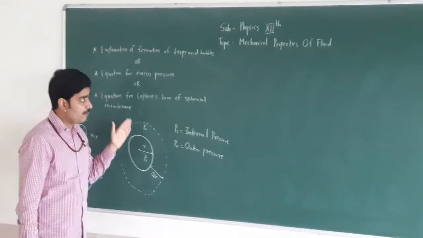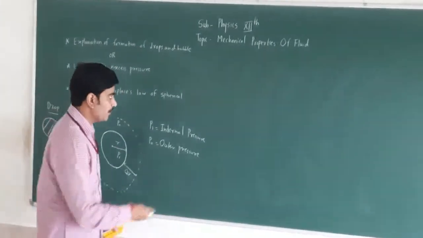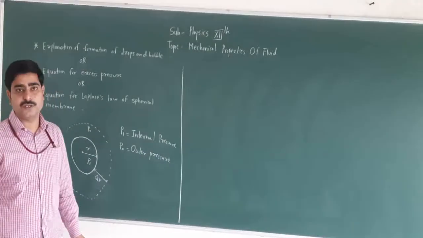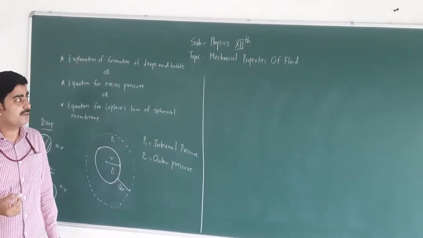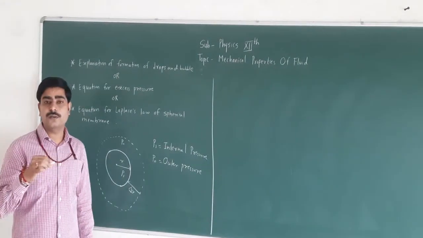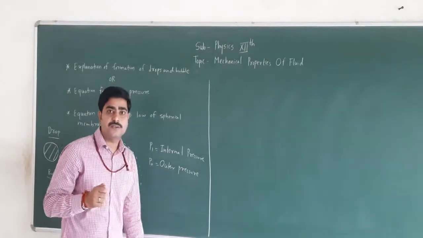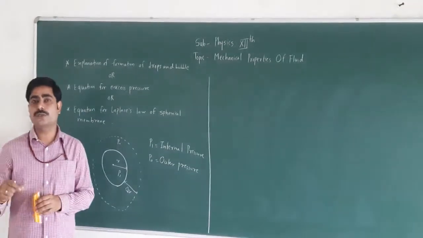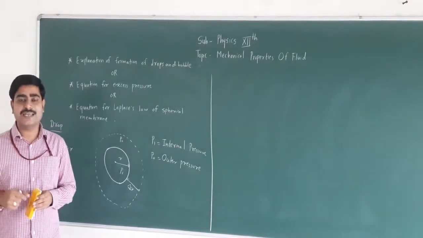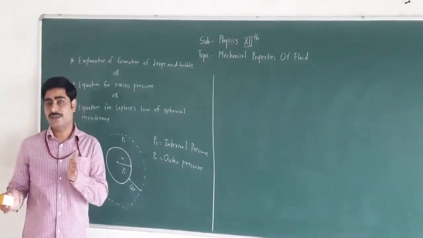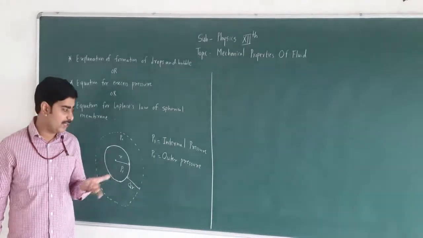Friends, there is a total mathematical part. We know the formula for the surface tension. What is the surface tension? Surface tension is equal to work done per unit area. Again, as we have seen in the last grade, surface tension can be defined as the force per unit length acting at right angle on the imaginary lines drawn on the surface of a liquid. That is the definition which we have studied earlier.